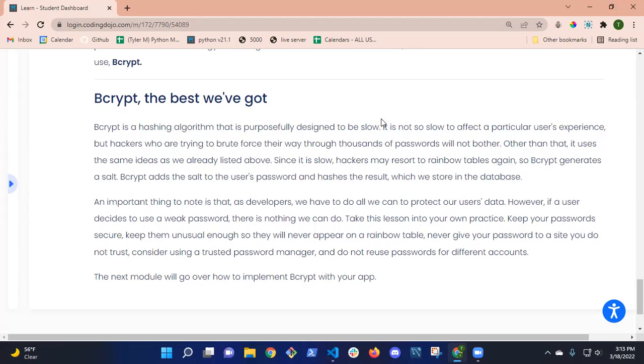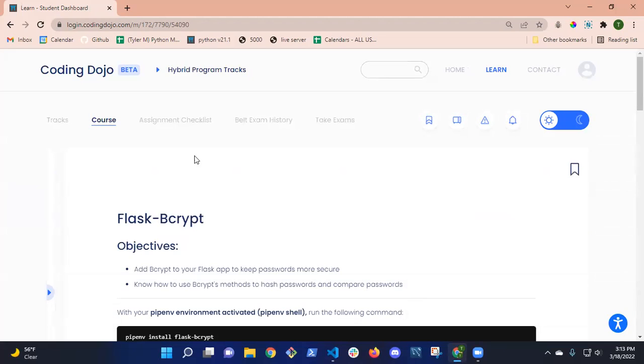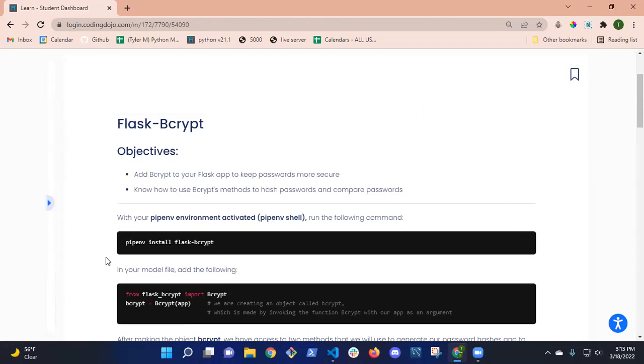Okay, so we use bcrypt. I've never used anything other than bcrypt. I think this is the industry standard. I know when I went through bootcamp, Rails had a version of bcrypt that we used. So bcrypt, I think, is pretty much the best. And the way bcrypt works is we need to install the Flask-Bcrypt